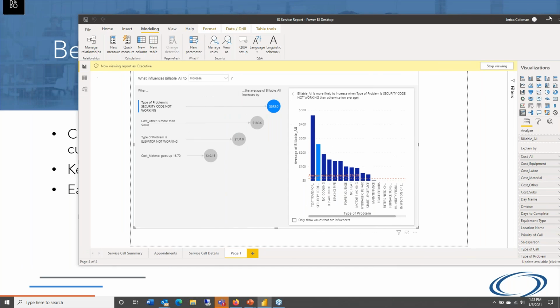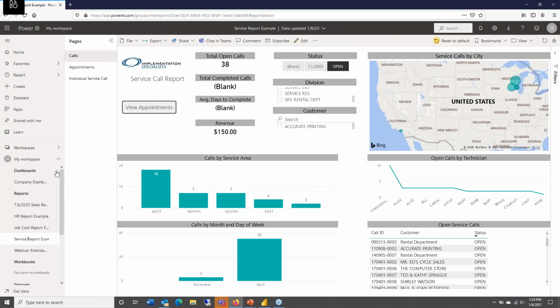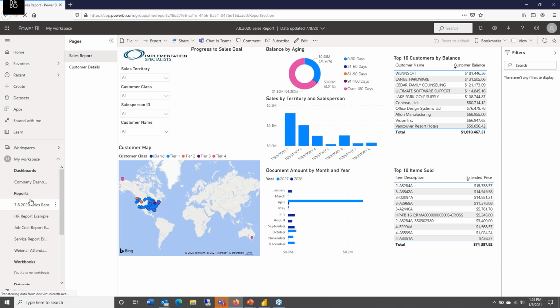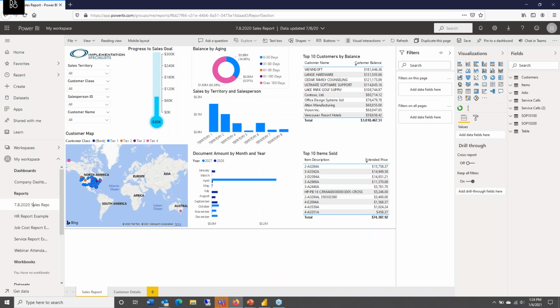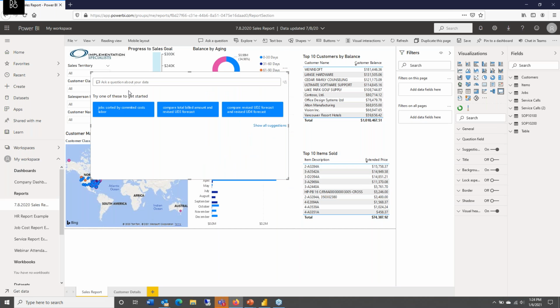Q&A. Q&A is a super popular thing with end users that I've seen. Let me show you. We're going to go ahead and pull over our sales report. So with the Q&A, it allows you to ask questions about your data, and Power BI will return visuals to help you answer those questions. So I'm going to click on Edit on this one, and I'm going to go ahead and ask a question. And you can just make space for this on a report too, but we're just going to put it right on top. And I'm going to say,